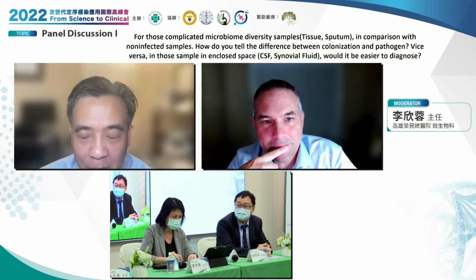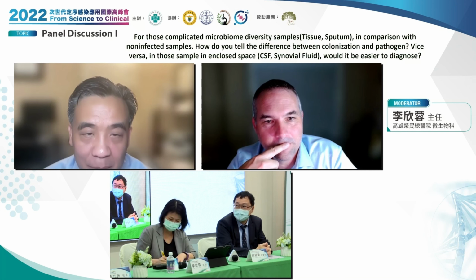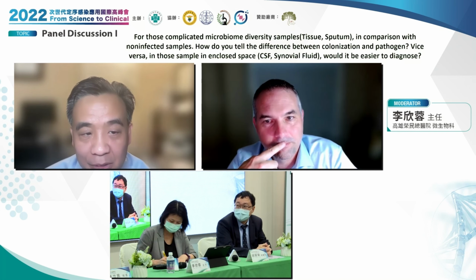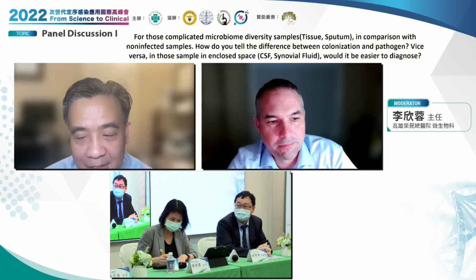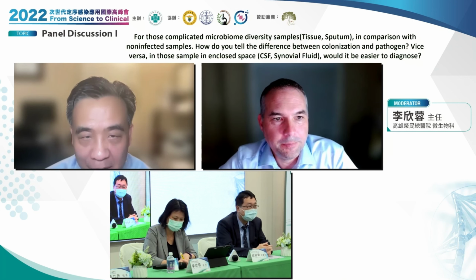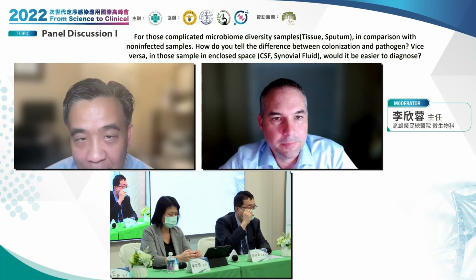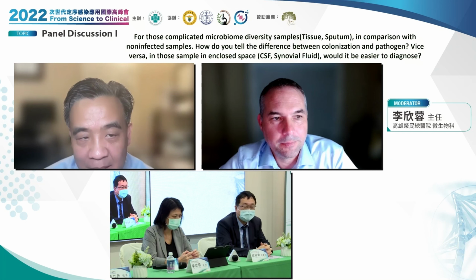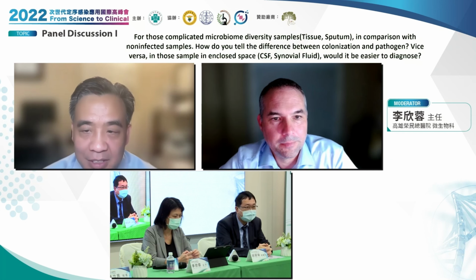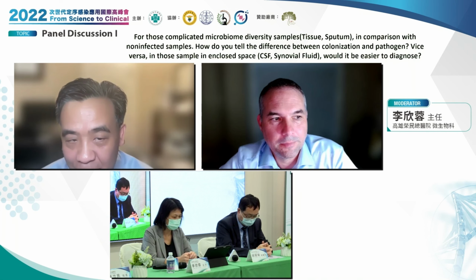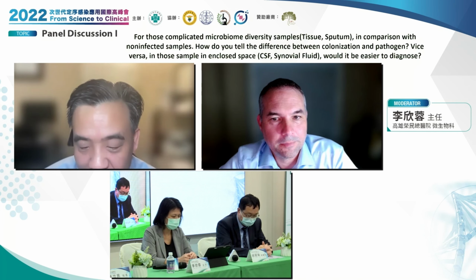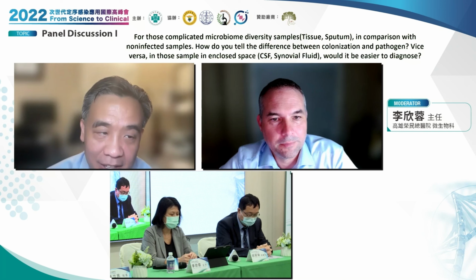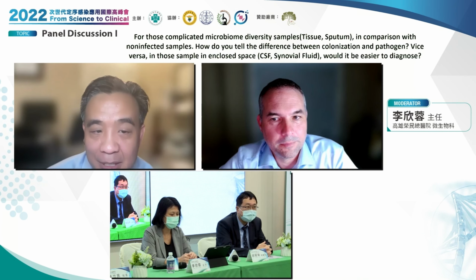Yes, both respiratory and stool samples, diarrheal samples, are very difficult because they have an endogenous microbiome in the healthy state, and so it becomes very difficult to detect. We essentially detect colonizers. We detect pathogens, but we also detect, for instance, reagent contaminants. So the way we deal with it is that